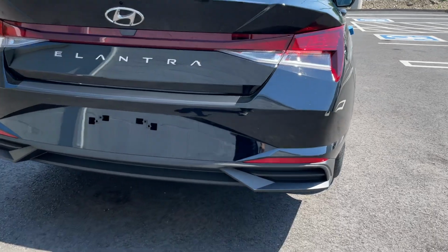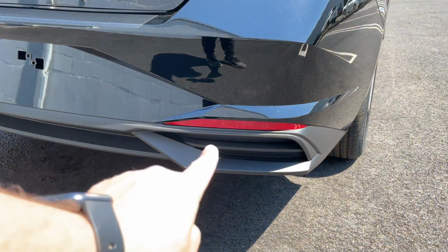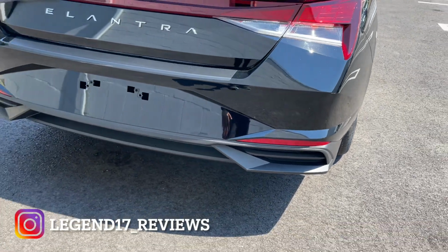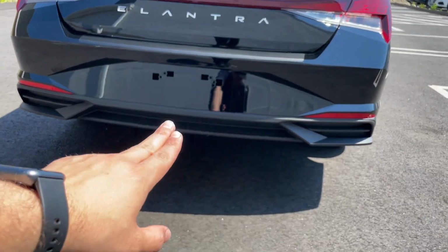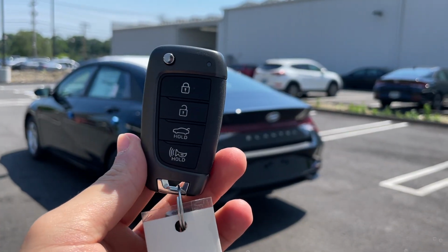And all the way in the bottom, this is going to be plastic. And this piece right here, right underneath the reflectors, I think Hyundai is trying to make this look like an exhaust tip. It does look right, but I love the fact that the lower part is actually nice and aggressive. Here is a key. Looks right, it has a really nice weight to it, feels nice and solid, and it